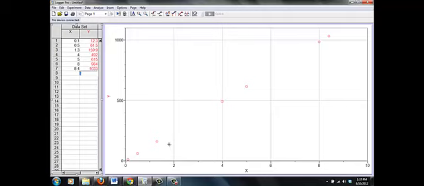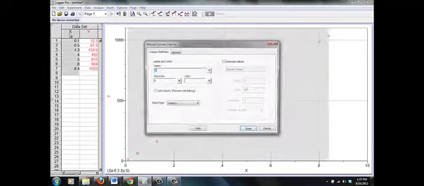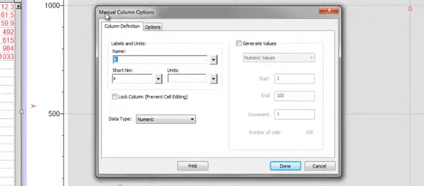So now, for most of the features within Logger Pro, to change anything, you'll get a dialog box where you can change all kinds of different features in terms of how it looks and how the data is displayed. So the first thing I'd like to focus on is how to change anything having to do with the data. The first thing we'd like to do is change these column headings. So instead of having the independent variable called x and the dependent y, we want to put what those actual variables are. So if I just double click on the X column here, I get a dialog box called Manual